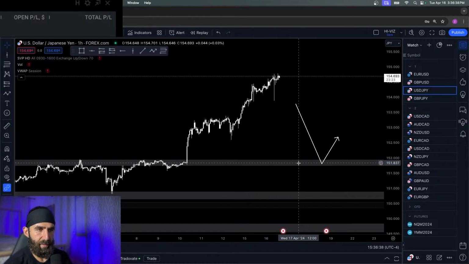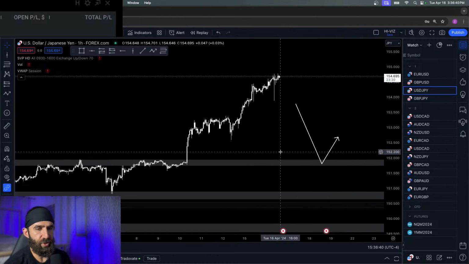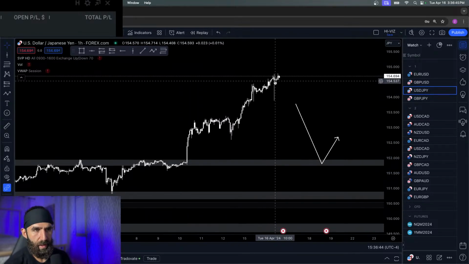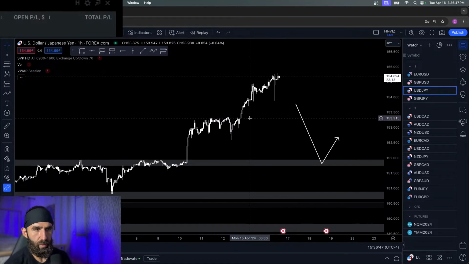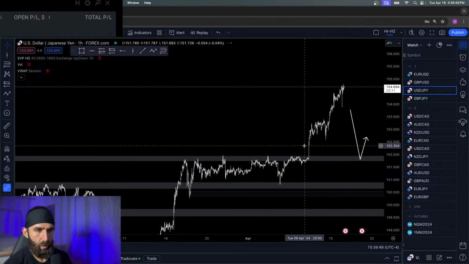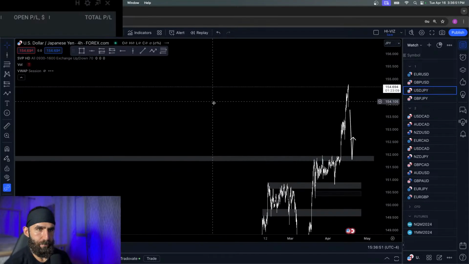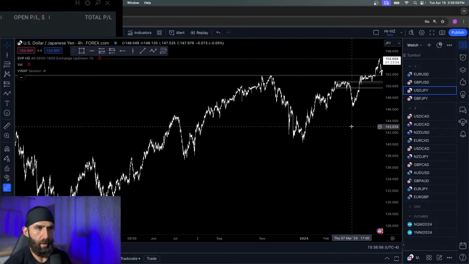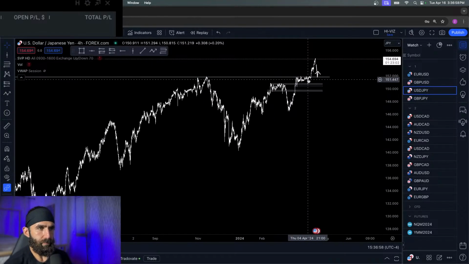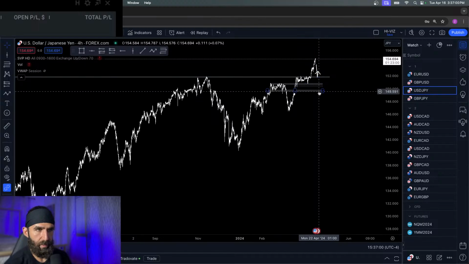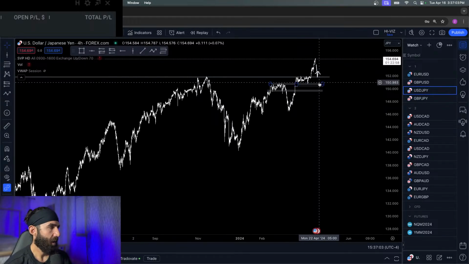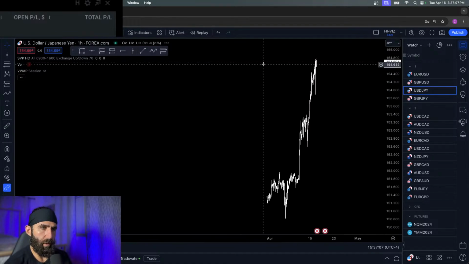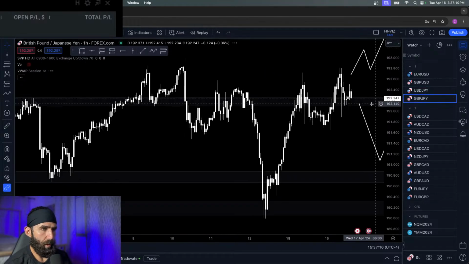Looking for this to head back down to this zone and then head back up, or somewhere down here. Stage some kind of a pullback. Doesn't have to. Nice wick down, but buyers have been in control this whole way. I'm looking for sellers to take over, come back down, and really retest a major area of highs. Doesn't have to stop right there. It can come anywhere down in here, but I'm going to be waiting for a pullback and then a push back up, some kind of confirmation that we're ready to continue the move up.